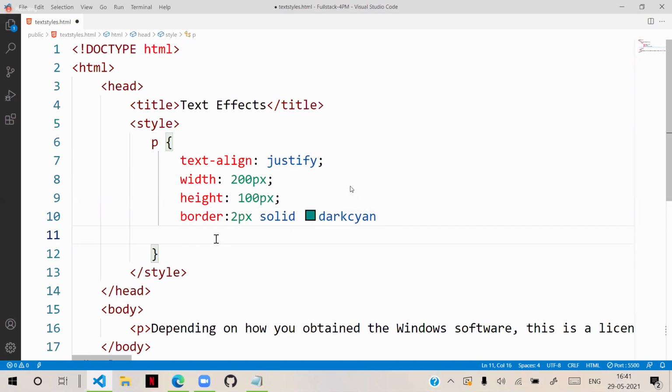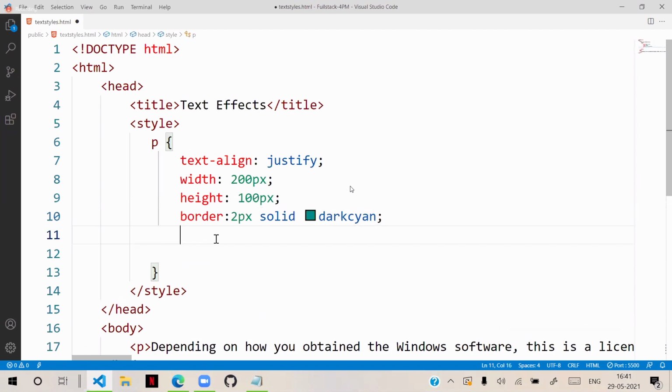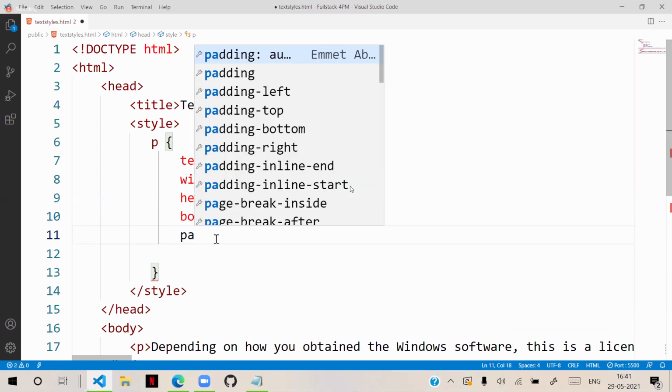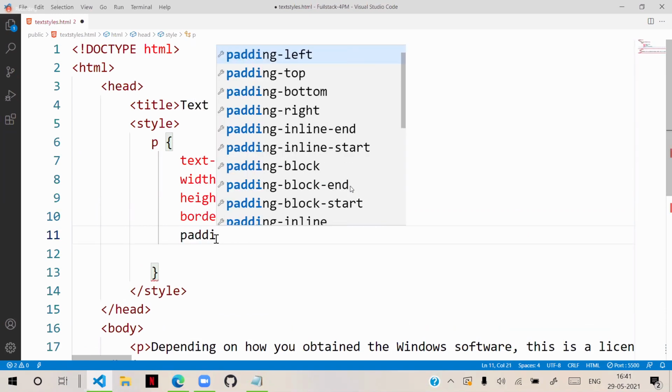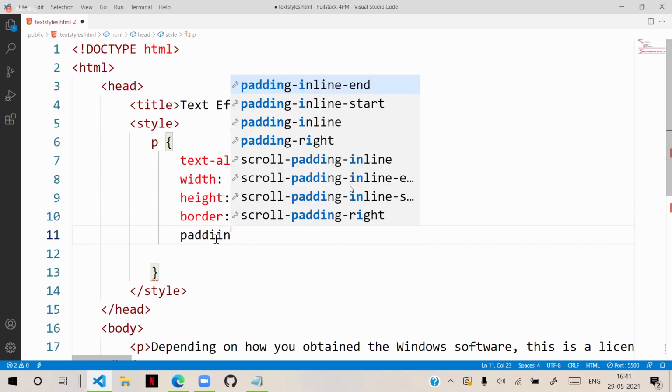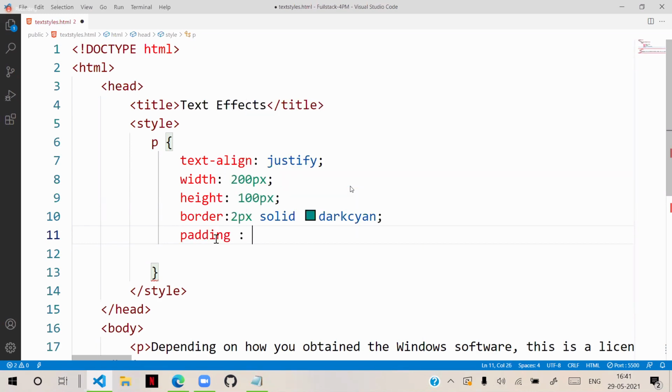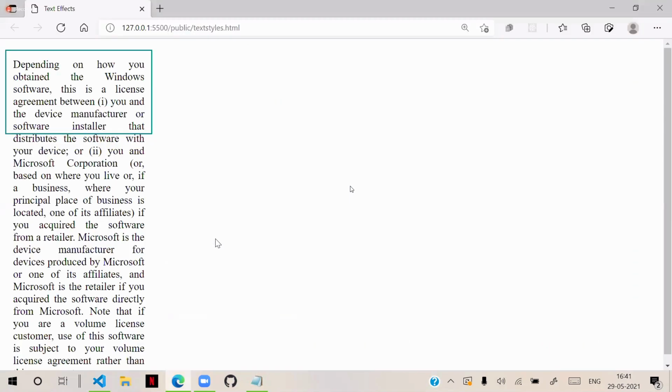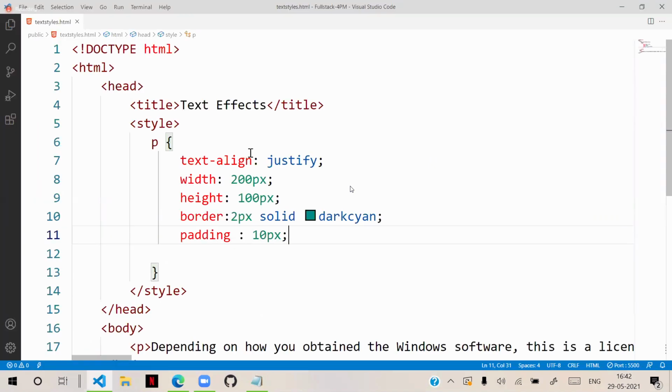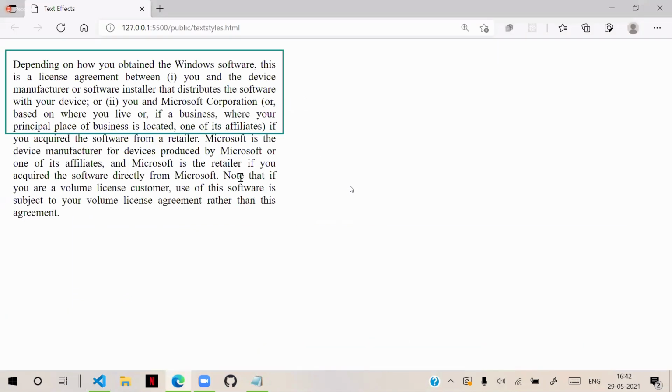And I configured padding as 10 pixel. And you can see the paragraph looks like this. A lot of content is outside. For example, with width as 400, it's like this. A lot of content is outside.